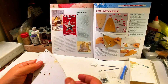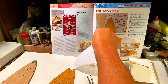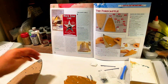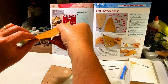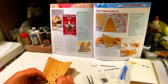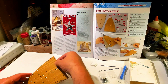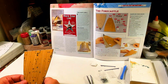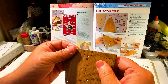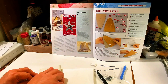So what we're going to do now is we're going to actually peel the backing off. Just like that. And let's put this beautiful wooden decking on. So if we do it like this, we fit it right into position. There. This might do. Just enough to kind of